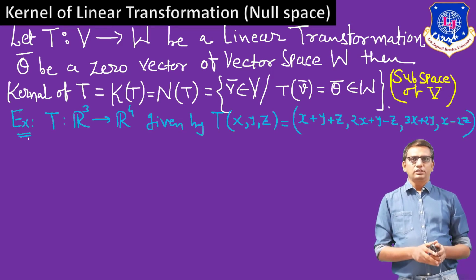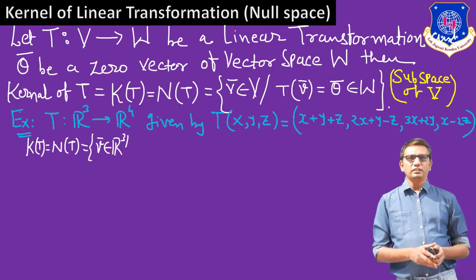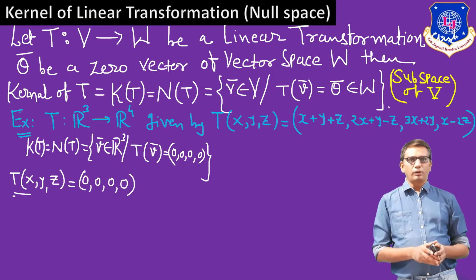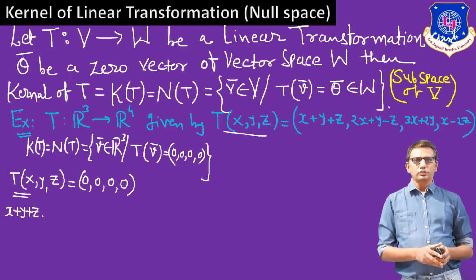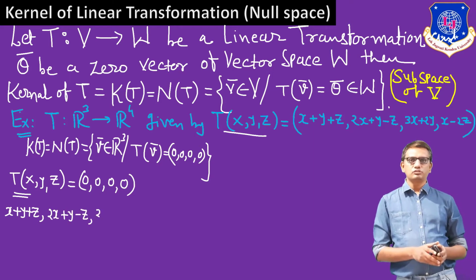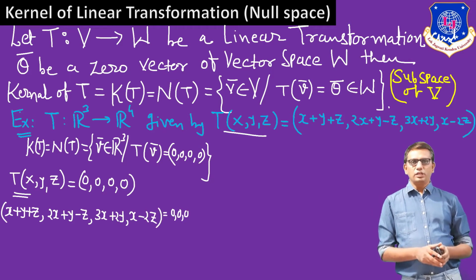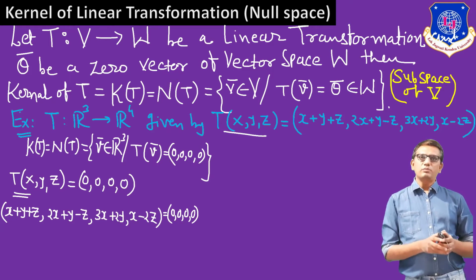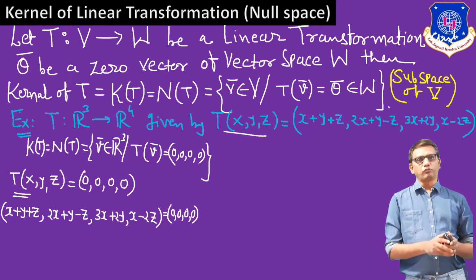So here we understand with one example. This is a linear transformation, we can easily see that, and it is R^3 to R^4. Now we want to find the kernel of vector space V. So it is the vectors from R^3 whose answer is (0, 0, 0). So here T(x, y, z) = (0, 0, 0). Our mapping is given. So after applying the mapping, we have to take those vectors whose answer is (0, 0, 0). That means those vectors in R^3 whose image is the 0 vector in R^4.